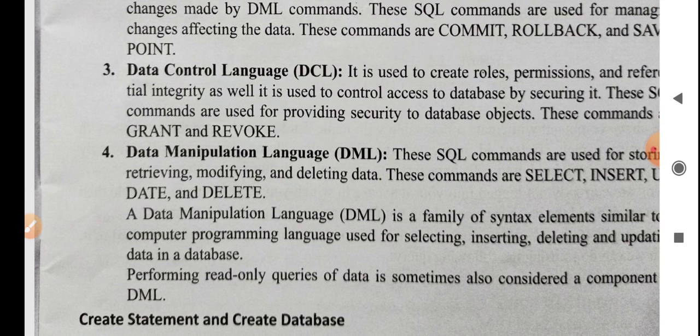The next command we have is the data manipulation language. As the term manipulation indicates, with the help of the data manipulation language you will be able to manipulate the data. You will be able to add a column in the table, delete a column from the table, or make changes in the data type or the size of the data type in the table. These types of actions can be done with the help of the data manipulation language. So these are basically the four types of SQL commands that you will be using in your further programming while dealing with the database.